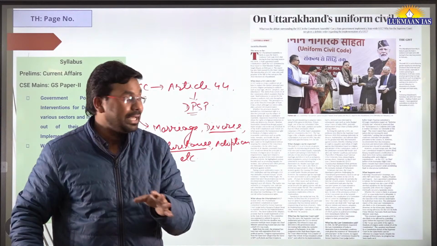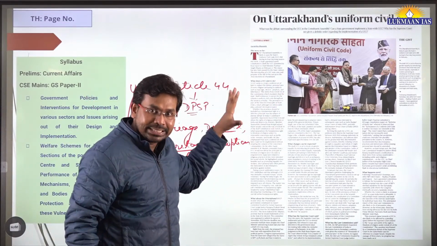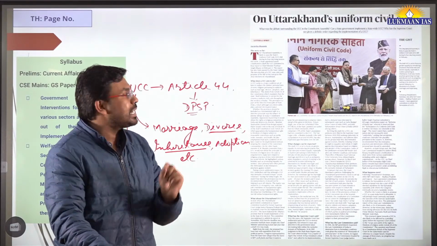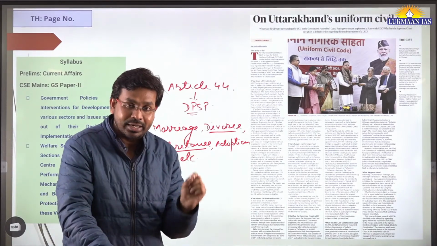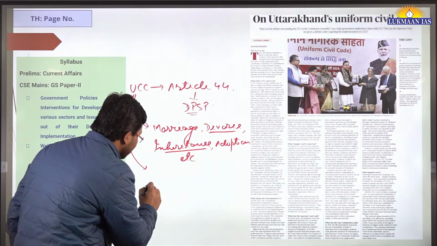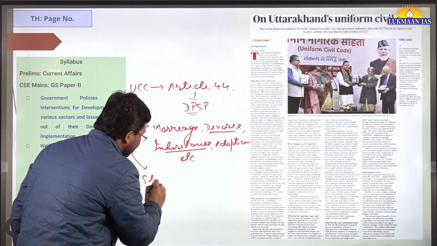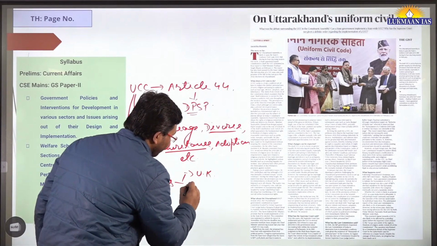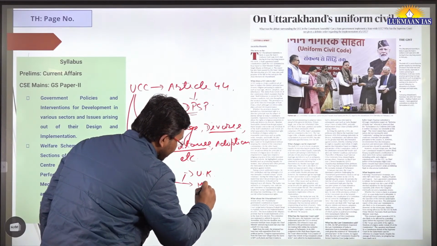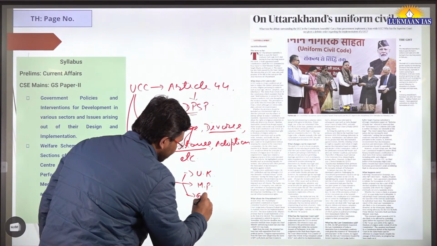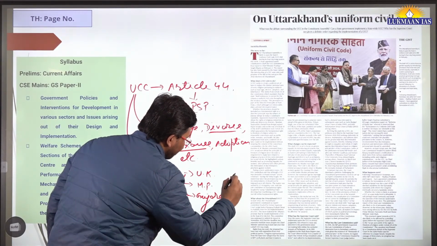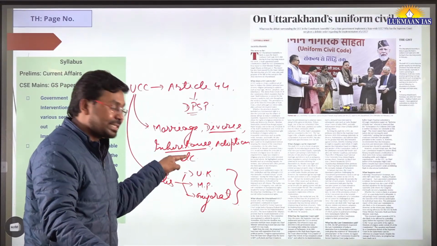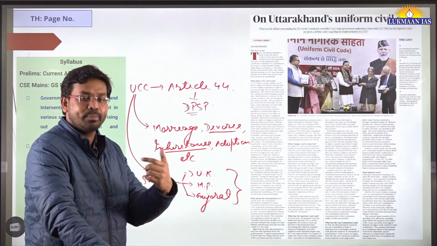So the thing is, in the state of Uttarakhand, it is being seen that within next 4 or 5 days, they may pass a Uniform Civil Code in the state of Uttarakhand. And similarly, there are many other states also. I'm going to write down the name of states. Number 1 is Uttarakhand. I'm just writing UK for our understanding. Then Madhya Pradesh and also Gujarat, okay. In these 3 states, basically they have thought that they are going to pass Uniform Civil Code, and these 3 states are ruled by BJP, right, ruled by Bharatiya Janata Party.